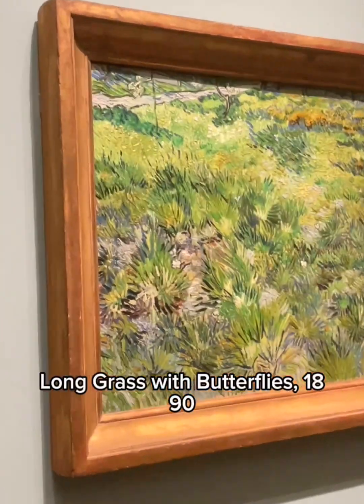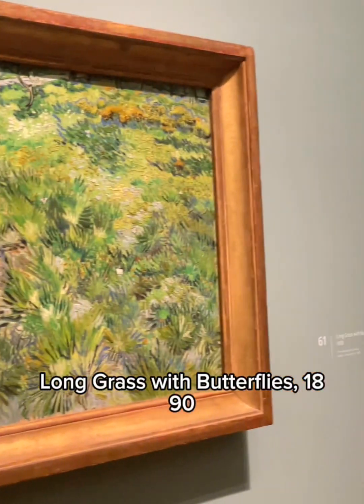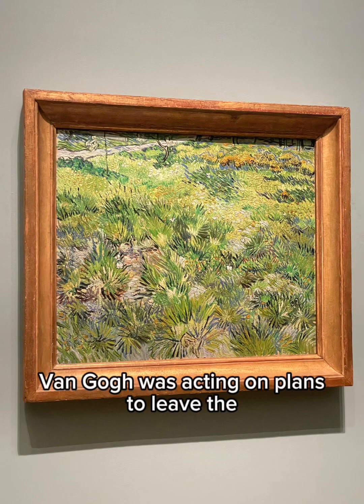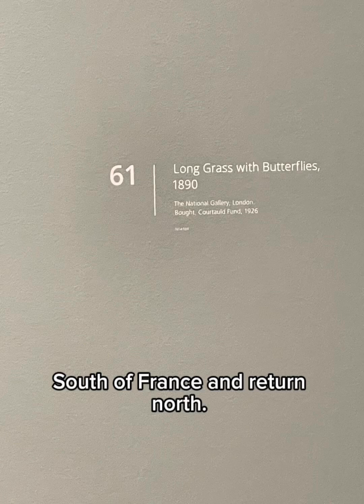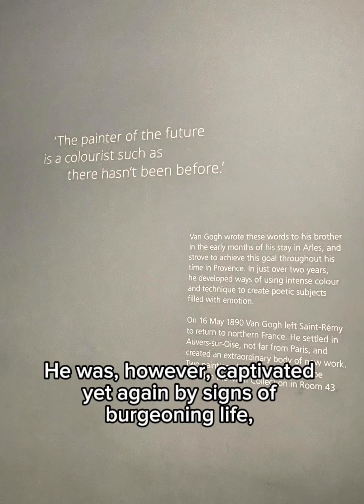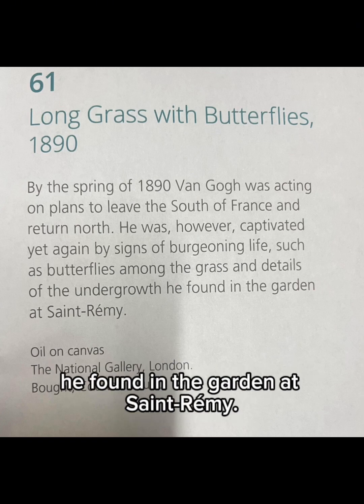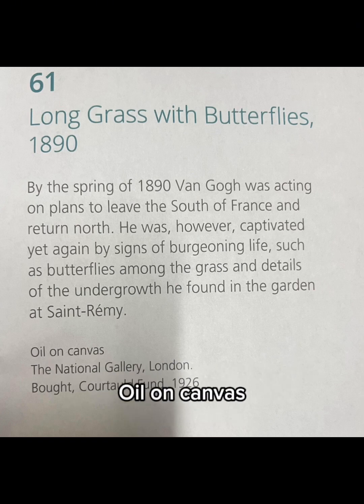61. Long Grass with Butterflies, 1890. By the spring of 1890, Van Gogh was acting on plans to leave the south of France and return north. He was, however, captivated yet again by signs of burgeoning life, such as butterflies among the grass and details of the undergrowth he found in the garden at Saint Remy. Oil on canvas. The National